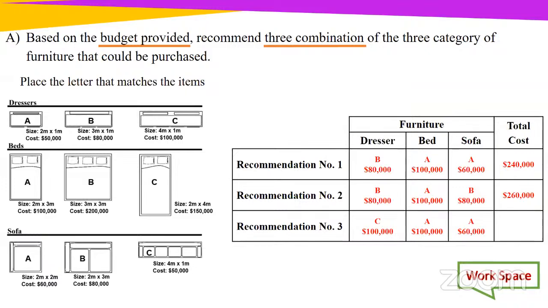Okay. What would be the total cost? You can go ahead and type it in the chat as well. The total cost is $260,000. Great. Now, would we have met the conditions for all 3 recommendations?